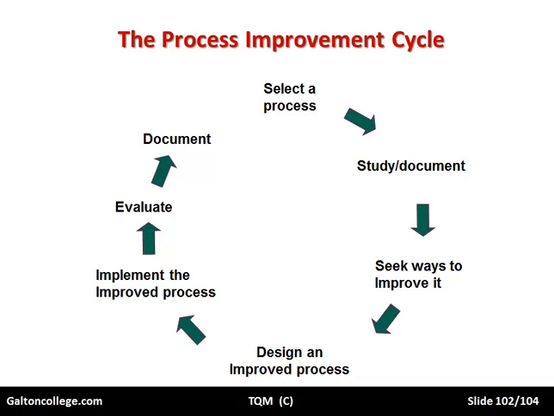Then document the evaluation. Document it so it can form the next phase of the evaluation, because total quality management, as I said, is continual improvement. So this document that's now been derived from the evaluation, this document can be the starting point of yet another